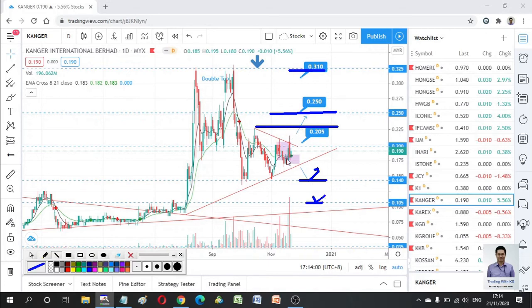Of course, if you are already in position over here, a break over here could initiate a stop loss. Or if you can hold it longer, if you are bullish on this counter, maybe you want to wait for a break of the 14 cent area, the support over here, for you to exit the market. If you are an aggressive short-term trader, or short to mid-term trader, maybe you want to exit on a break of here. Longer term, a break of here.